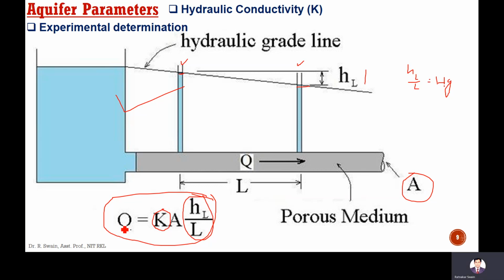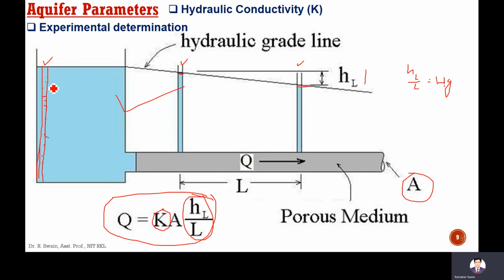The discharge can be determined from this tank, from where we are supplying water. In the experiment there must be one scale fitted here, so there will be a reading. From here you can measure the change in height, the change in depth. The area of the tank must be known, and the change in depth per unit time. If you fix some particular time, like 5 seconds or 10 seconds, then in 10 seconds, how much water is flowing from the tank.